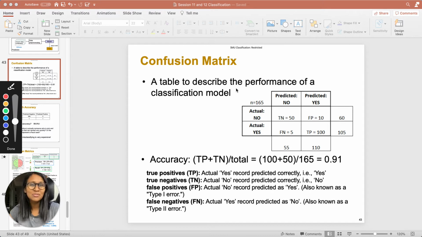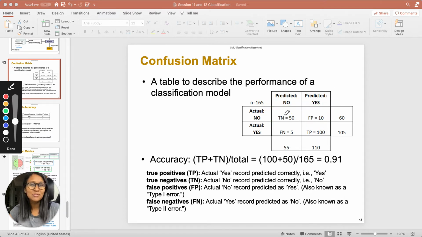So here, this is essentially the confusion matrix that I'm talking about, and take a moment to see what the different cells represent over here. On one axis of this confusion matrix I have the actual values of the class outcome, so it's no or yes. In this example I'm talking about a binary class outcome variable. So actual can be yes and no, and similarly the predicted can be yes and no. And this gives me this matrix that I'm going to be using to evaluate the accuracy of my prediction.